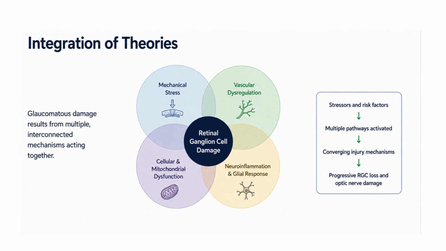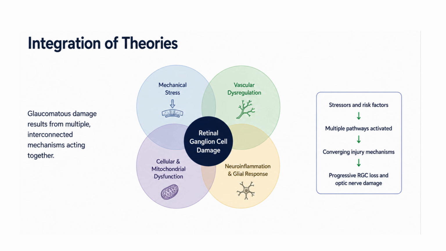each other. Mechanical stress itself can alter local blood flow. Local blood flow, when disturbed, causes reduced perfusion, and that can worsen mitochondrial dysfunction. Once the mitochondria are not functioning well, they can increase the oxidative stress, and that chronic injury can activate glial and inflammatory pathways. The final common result is injury to the retinal ganglion cell axons and progressive loss of the retinal ganglion